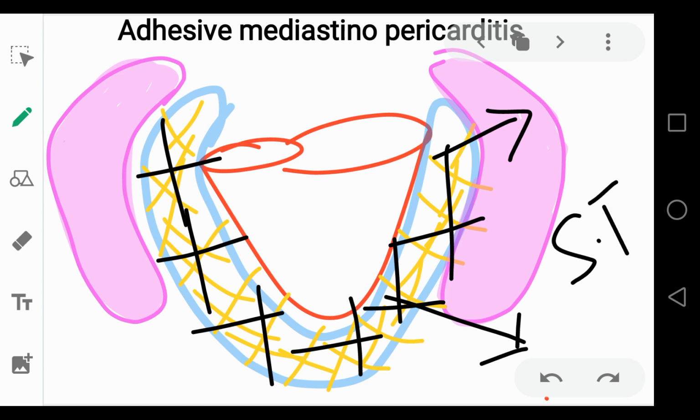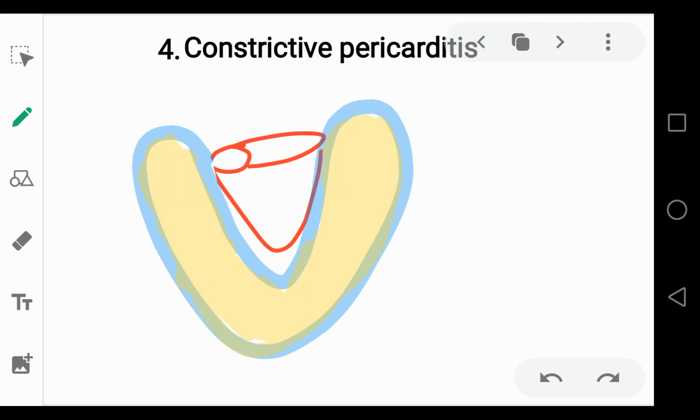The second thing is that to compensate for this systolic failure, the size of the heart will increase, so there will also be a heart hypertrophy. The third and the last type is called constrictive pericarditis. In this case, the heavy colonization of the fibrous mass occurs and this fibrous mass shrinks and converts into a fibrocalcific mass. So now the heart is enclosed in a fibrocalcific mass. This heart will not be able to relax properly and there will be a diastolic failure along with a shrink of the heart. That is, the size of the heart will decrease.